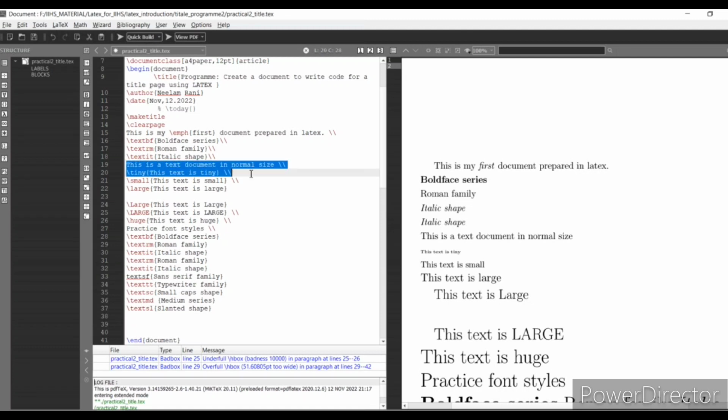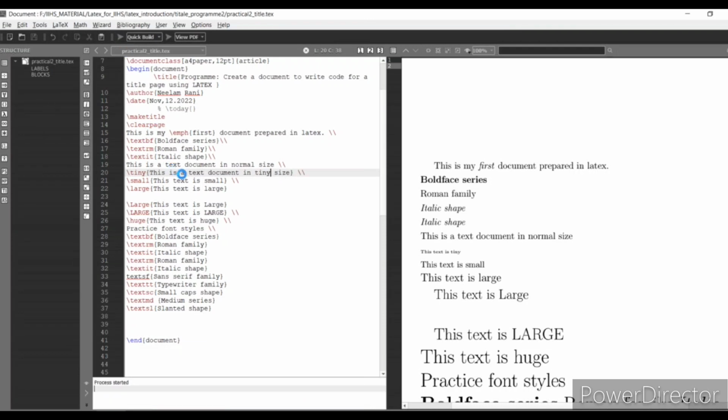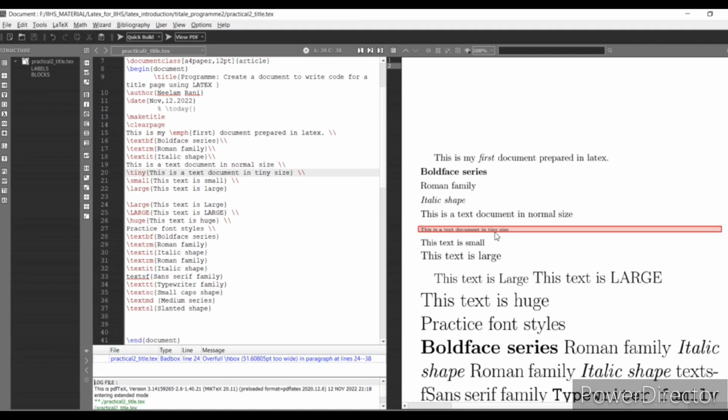I am writing this one. This is teeny. You can write this text in teeny form. This document is in teeny size. So you can write here teeny size, T-I-N-Y. It depends on you which word you want to make teeny. So it will appear on the